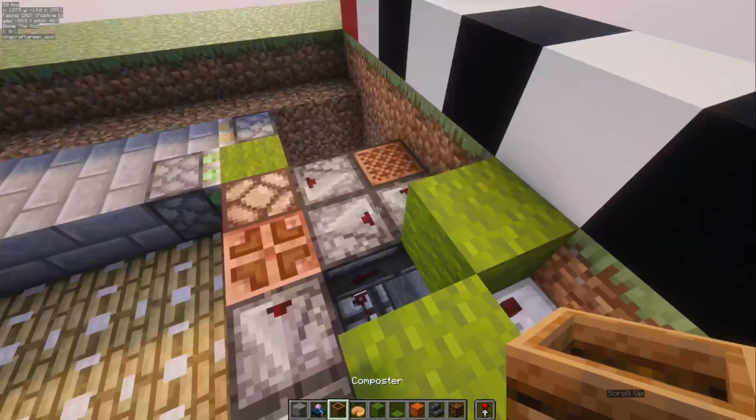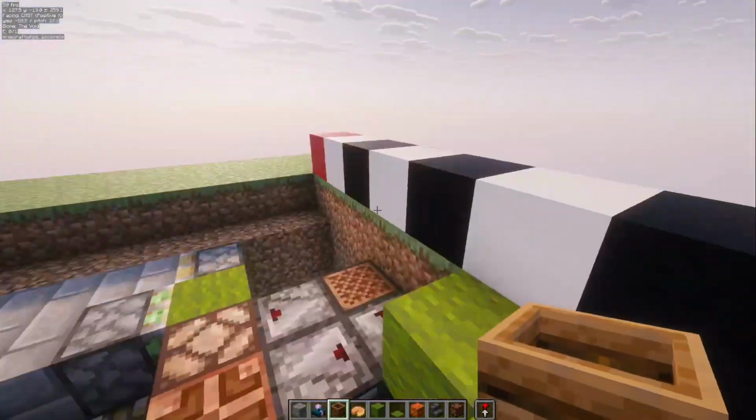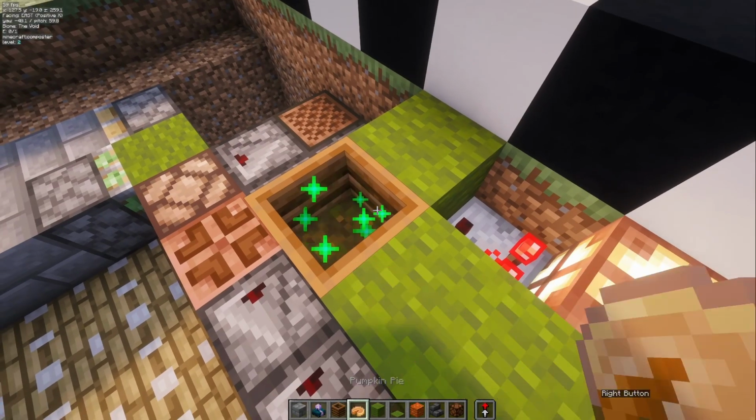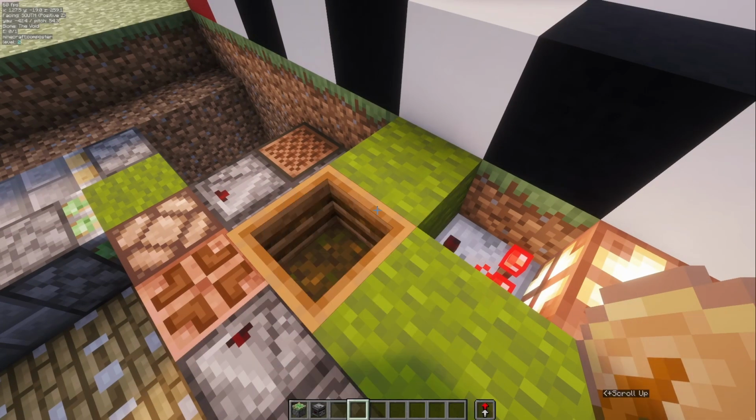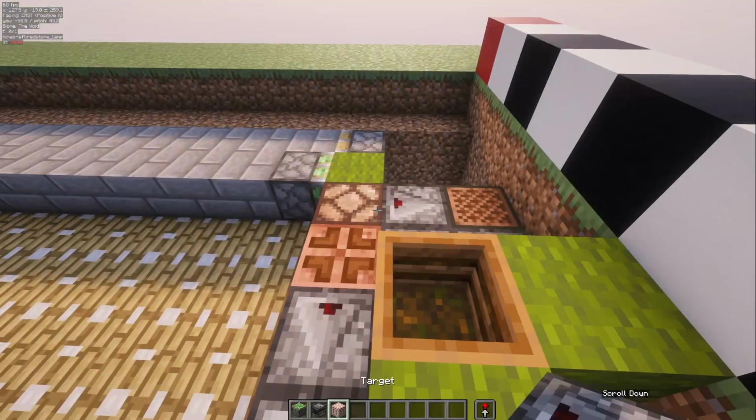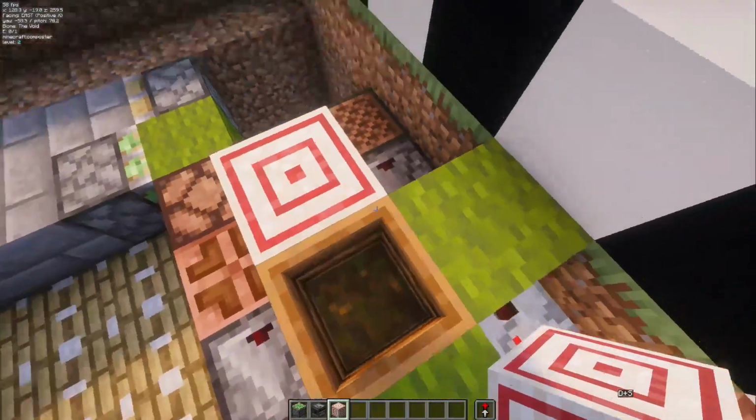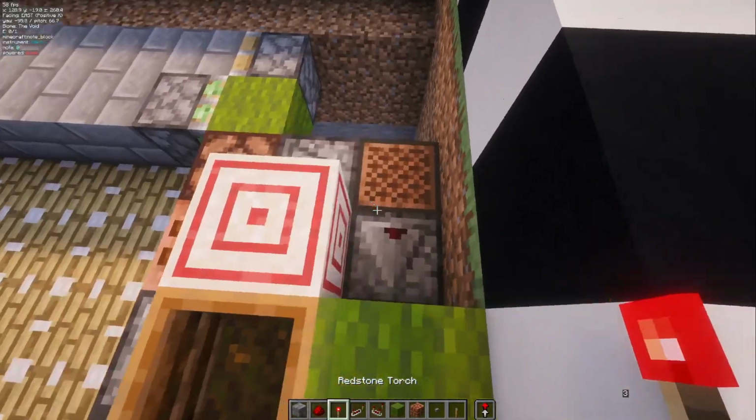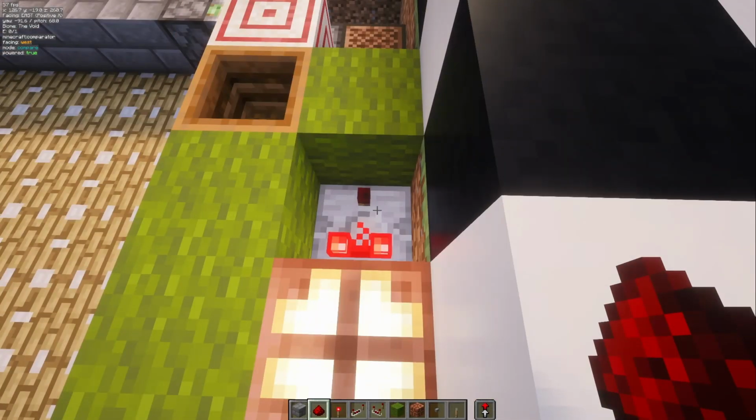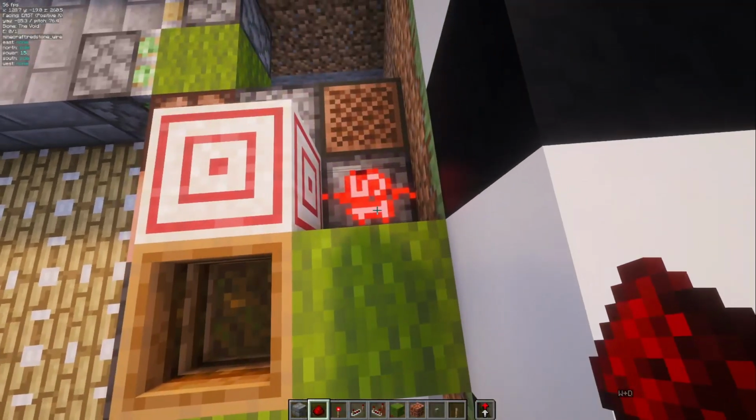Then we're going to grab one other composter. We're going to place it there with a level of 2 yet again. Then we're going to grab a target block, which I removed because I thought I was done with them. You're going to place it in front of the comparator, and then next to it you're going to place a dust. So now this bulb has this comparator reading off of it, which is going to be feeding into this